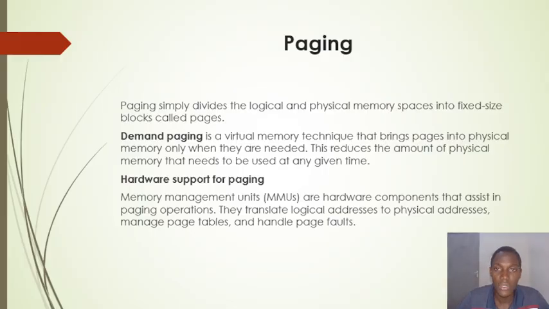And then moving on, we have paging. Paging is simply dividing the logical and the physical memory spaces into fixed blocks called pages. That means if you have a very big plot of land, for example, you can say let me just divide this land into squares or boxes of 50 by 50 meters, 50 by 50 feet, or 50 by 100 feet as you want. Then we have demand paging, it's a type of paging,